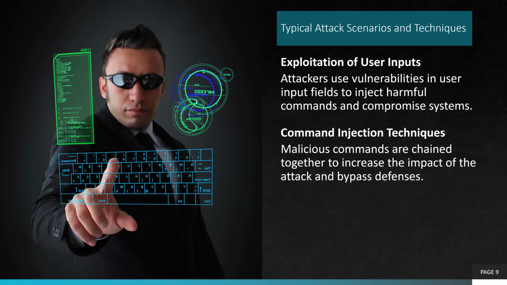And then there are techniques that they send in malicious code. There are strategies and techniques for how to prevent it as well. Malicious codes are chained together to increase the impact of the attacks and bypass defenses. This chain part, sometimes you're running in a cloud or Amazon Web Services, or maybe some sort of virtualization environment, that if they find the malicious code on one server, they might say, well, it might be 1,000 servers that I can just run my malicious code on as a worm or Trojan horse, and they go silently and then cause